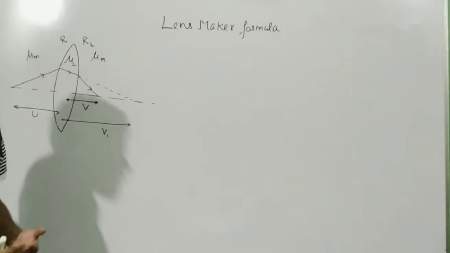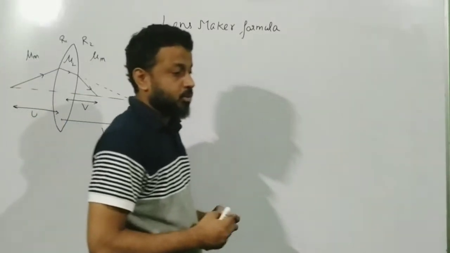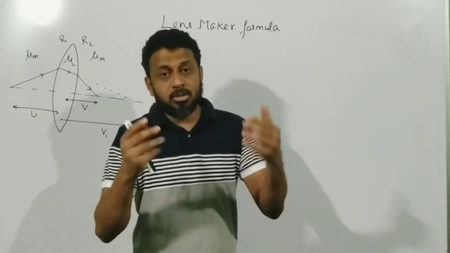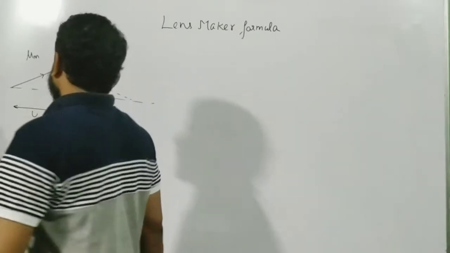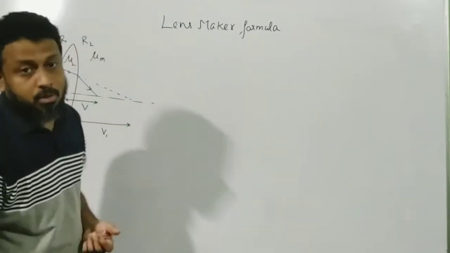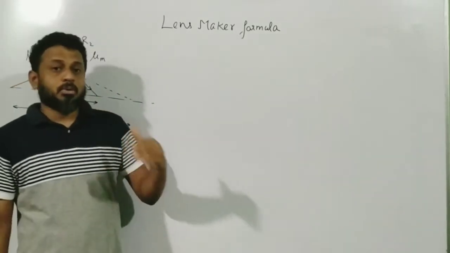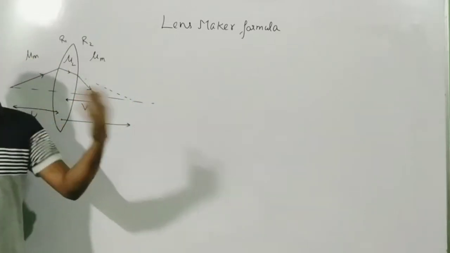Remember, when they make a lens, they don't use the concept of formation of object and image, and then use a lens formula. Rather, they use this formula because this formula, the one which we are going to derive, is independent of object distance and independent of image distance. So basically, we are looking for a focal length which only depends on the radius of curvature.